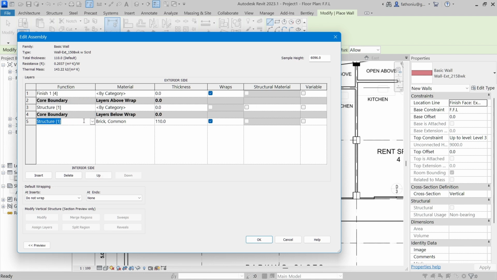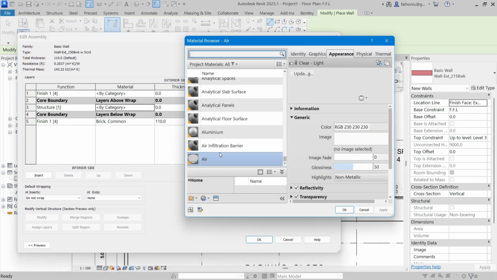So you can change it to finish, because if you want to have a paint, also add another layer here. Structure by category, here layers, you can change the material, brickwork,